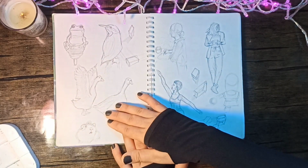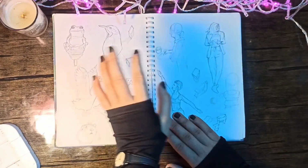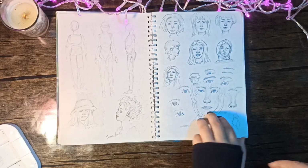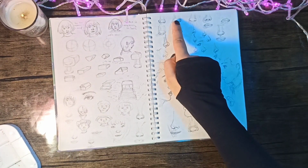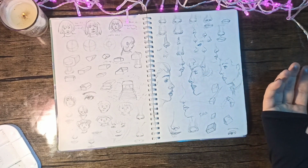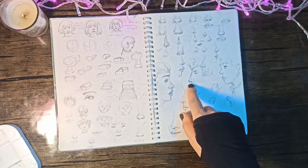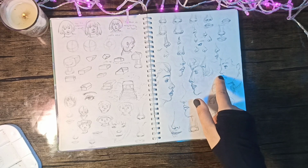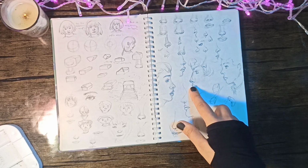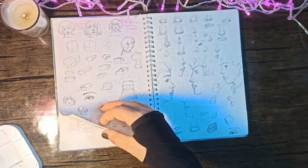Another drawing that is coming from the Pinterest homepage, and another torso drawing, another head drawing. So I wanted to practice nose as well, because I would draw a nose and it would look so terrible. Look at how terrible it is. It looks like a pig. It looks like the nostril is looking at you. What? That's just so